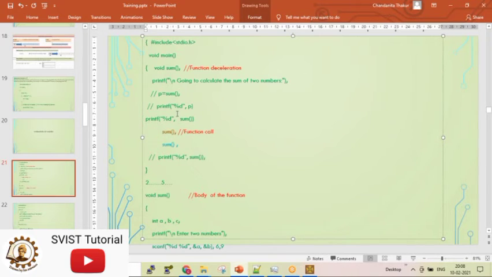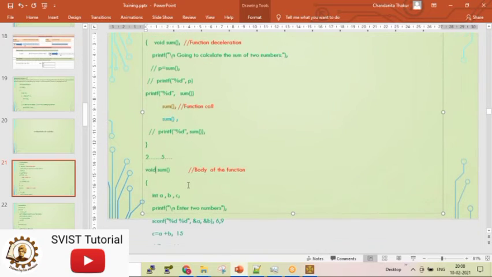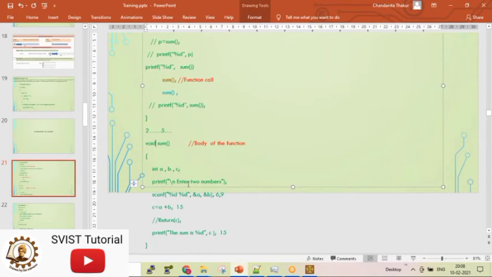Okay. So if I want some value to be returned, I have to change the return type of the function to get some value returned from the function to the main function. I can even print it here also, but why print 2 times? I won't print it from the function.